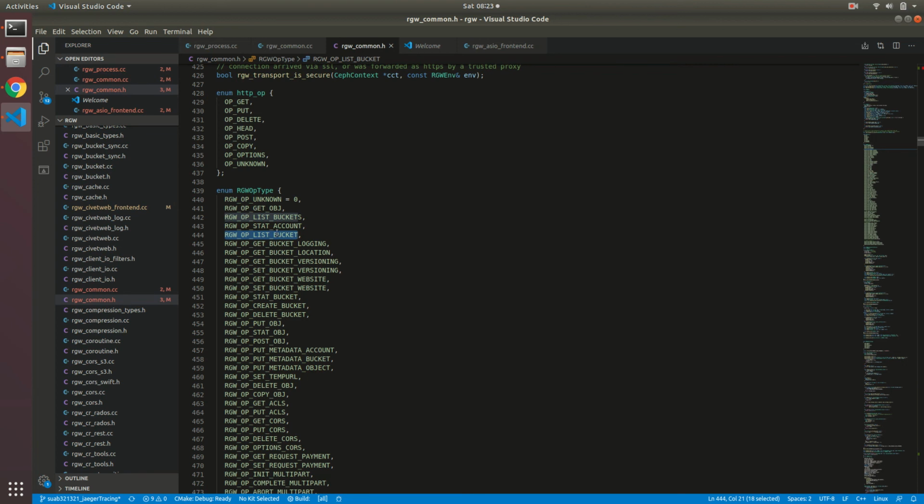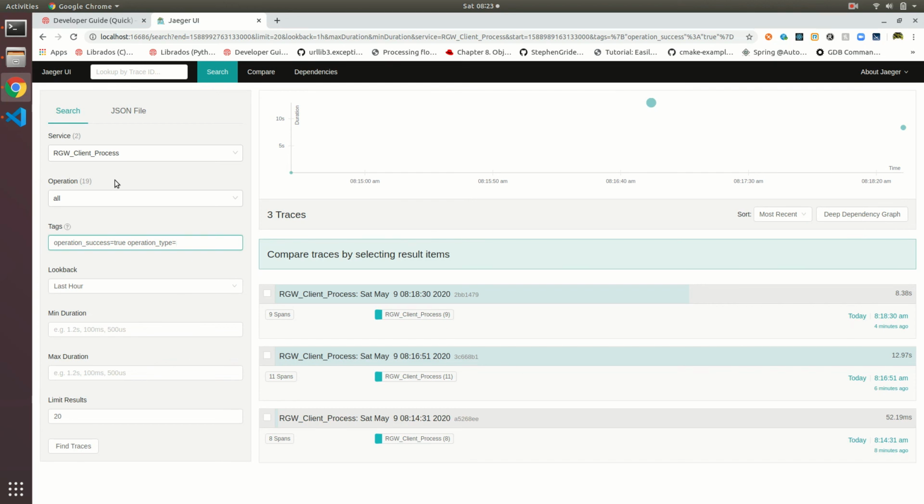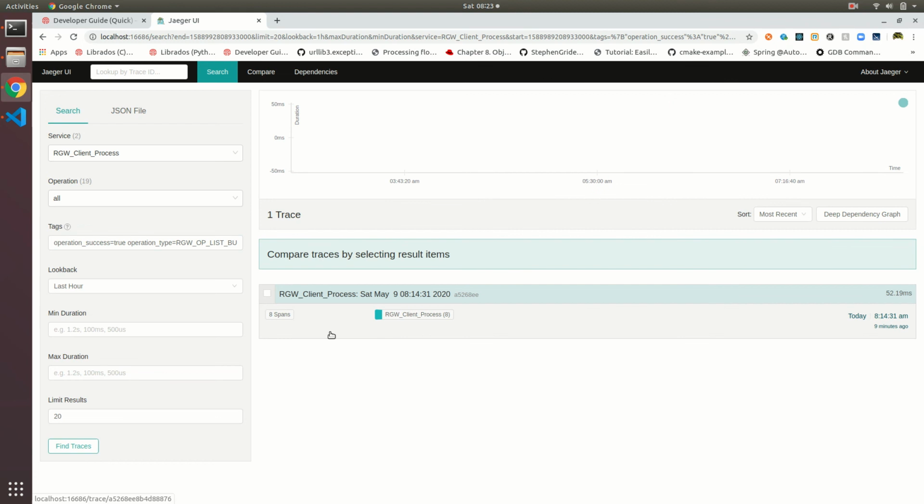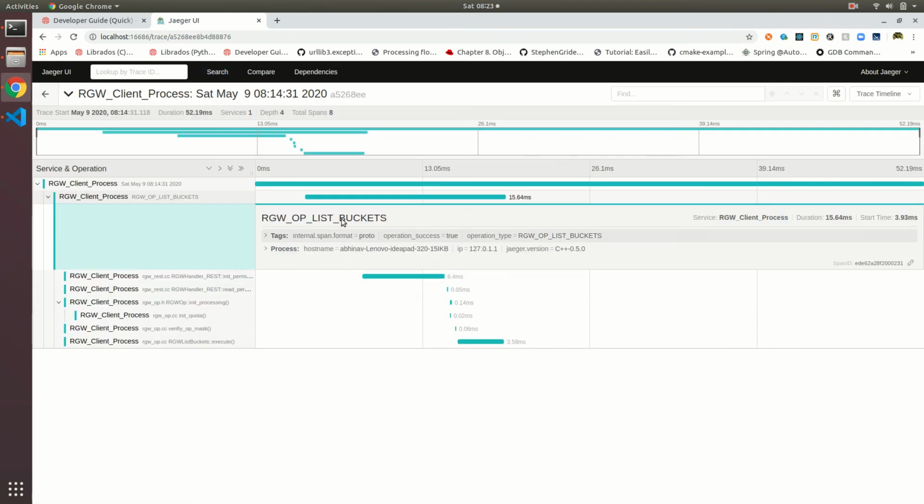From here, if I want to get the list of buckets, I will select this rgw op list buckets, sorry, and if I paste it here and do a trace, it is fetching me the result of that span only, which is responsible for listing the buckets in a Redis gateway cluster.